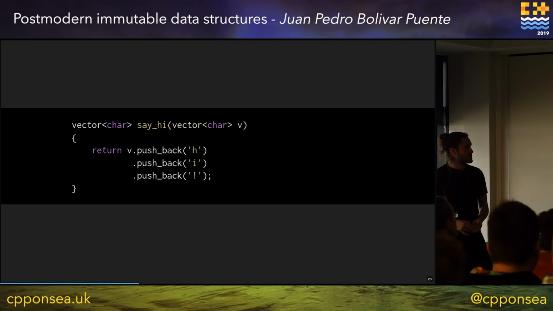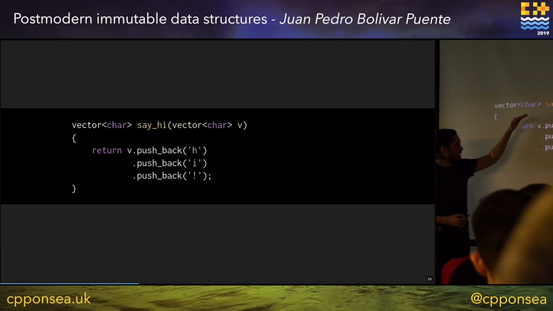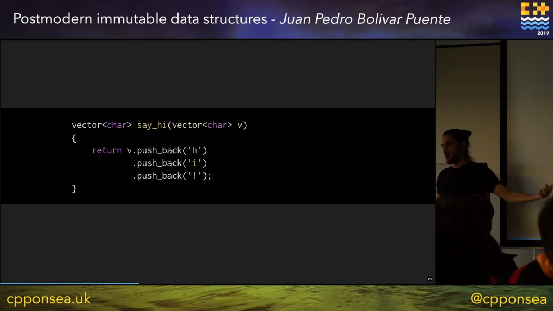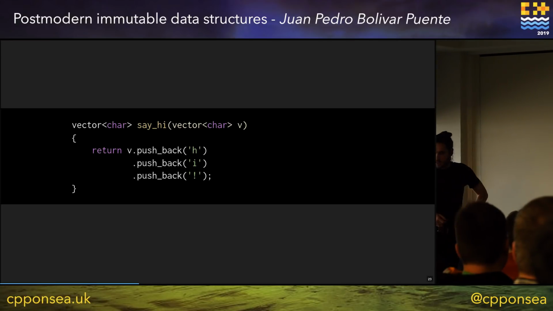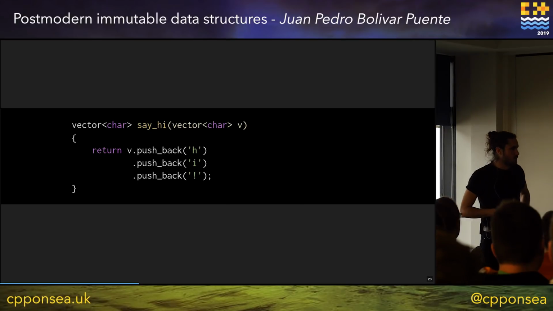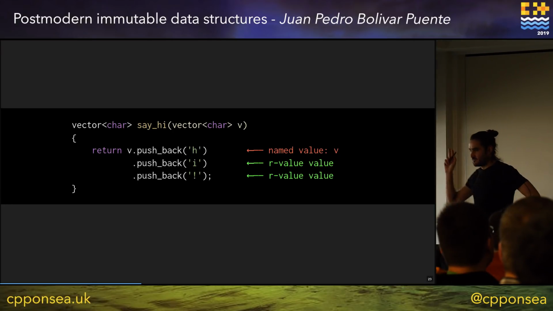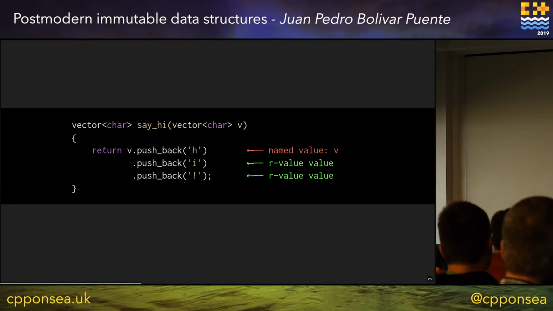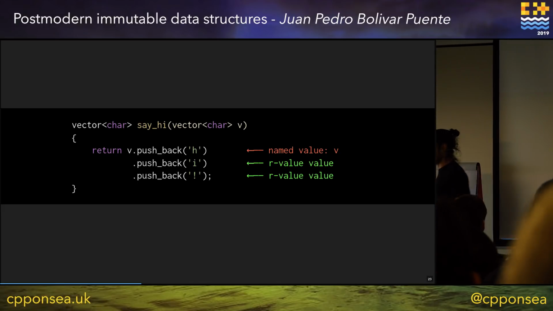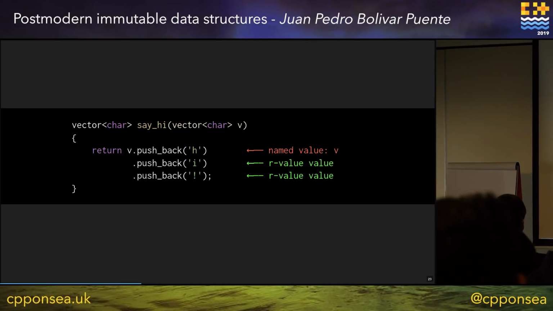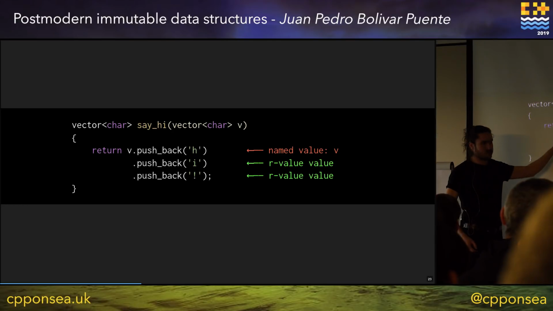Anyways, there is this other code here where I have a function, say hi, and it calls push back, push back, push back directly on the temporaries that are produced one after another. Now, this code is interesting, because here we have two types of values, right? The first value is a named value, what we normally call an L value. I'm thinking of the value v, that is this variable, which is an argument also, and it's a local variable from the function. But then as you call push back, this push back returns a new vector that is an R value,